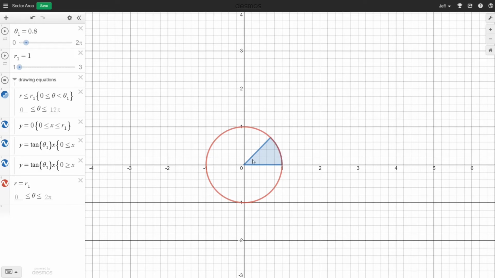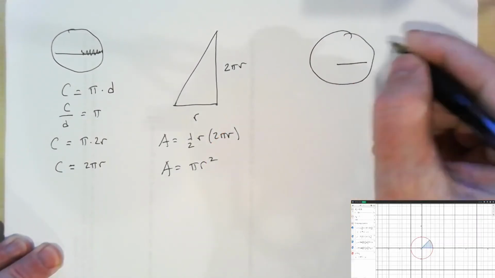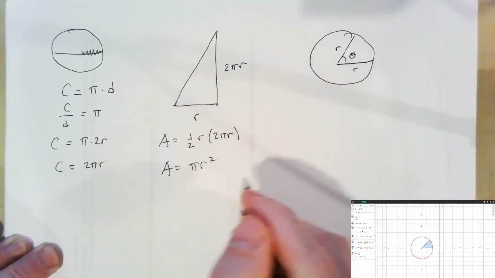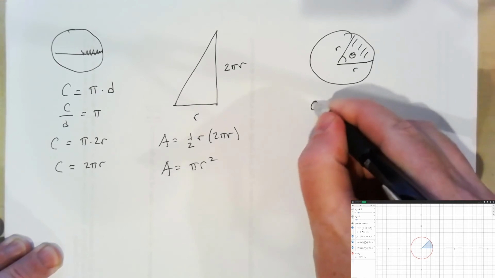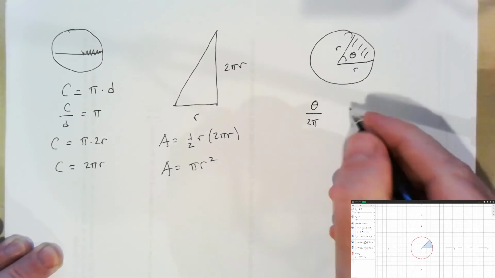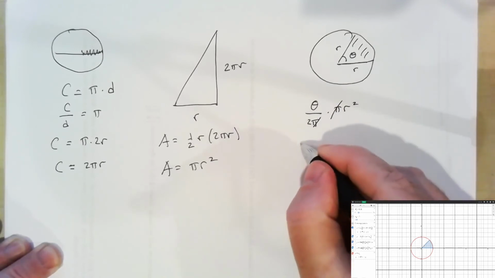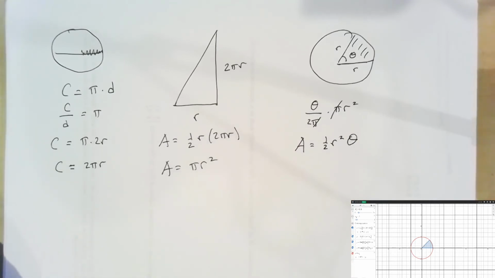In general, if we have an angle theta here, this is our radius of the circle, this is theta. The fraction that we've shaded here in the sector is theta out of 2 pi radians that takes us all the way around the circle. So that's the fraction of the total area, which is pi r squared. We cancel the pi's, and we get an area here that is 1/2 r squared theta. You may remember that from geometry or trigonometry. We don't really have to memorize it, though, because we can always work it out this way.